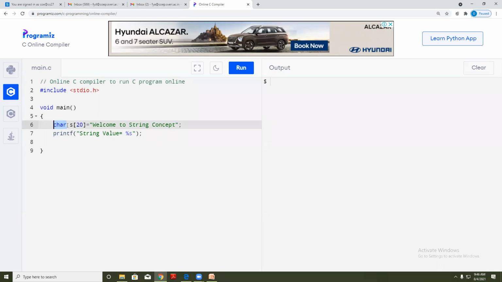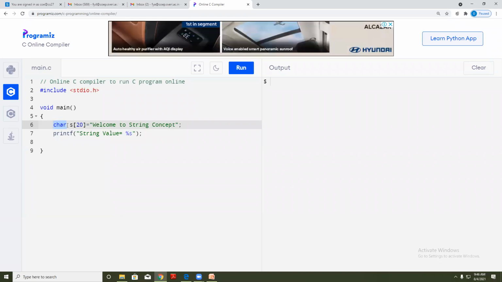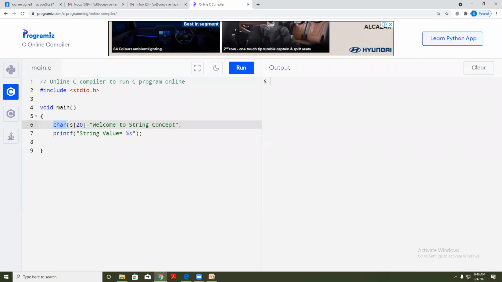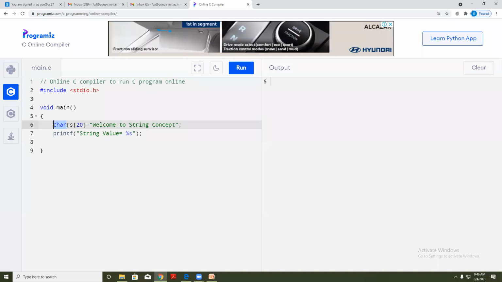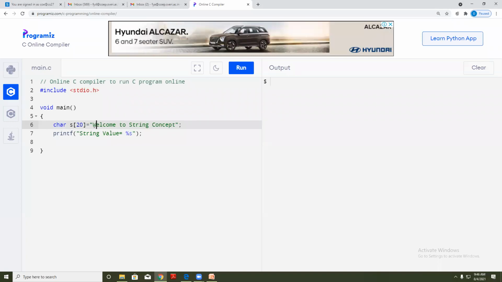Now to display, we have two format specifiers: one is %c and other is %s. %c is used to display a single character. एक कॅरेक्टर जर डिस्प्ले करायचं असेल मला, let's say w जर फक्त डिस्प्ले करायचं असेल तर त्याच्यासाठी मी इथे %c यूज करणार. जर मला ही पूर्ण स्ट्रिंग ह्या w पासून t पर्यंत पूर्ण डिस्प्ले करायची असेल तर त्याच्यासाठी मी %s यूज करणार. Okay, and here the variable.